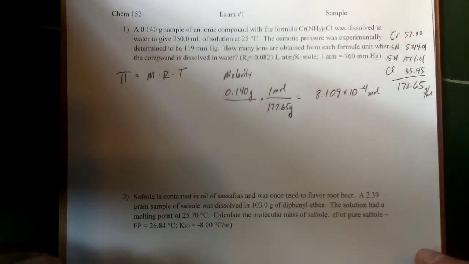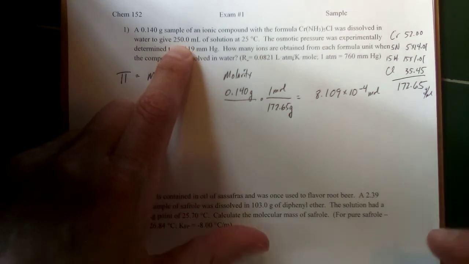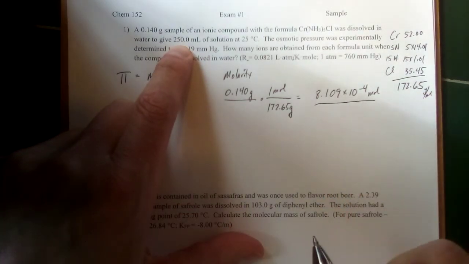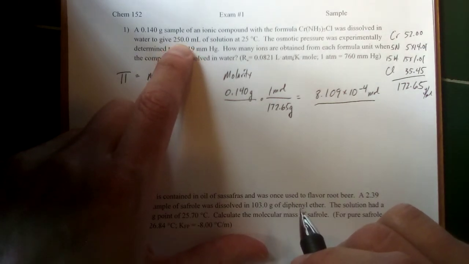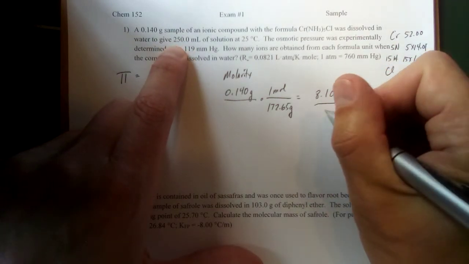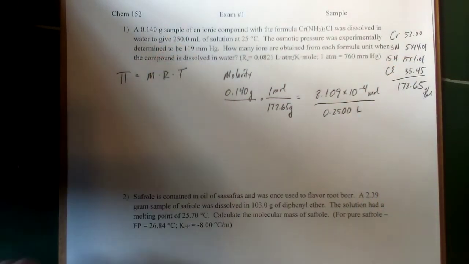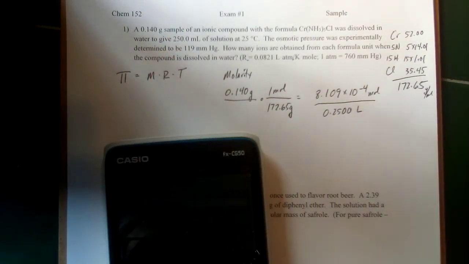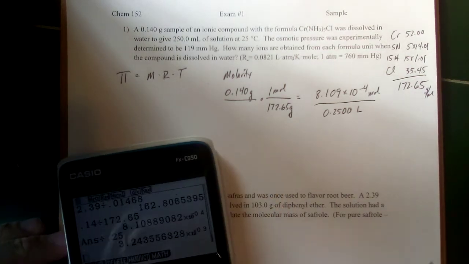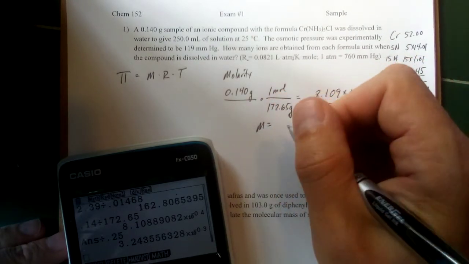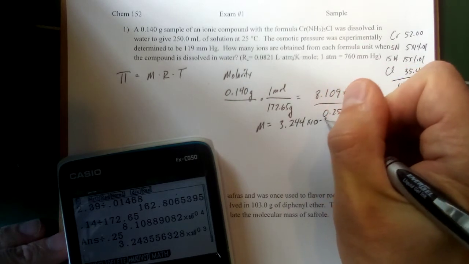The other piece we need is the volume. And we're given the total volume of the solution was going to be 250 milliliters. If we divide by that, but changed into liters, that gives us molarity. So there's 1,000 milliliters in a liter, so that would just be moving the decimal 3 places. So 250 milliliters is 0.2500 liters, that being a 4 significant figure volume. So if we take our previous answer here and divide by 0.25, that gives us our molarity. So the molarity of our solution is 3.244 times 10 to the minus 3rd